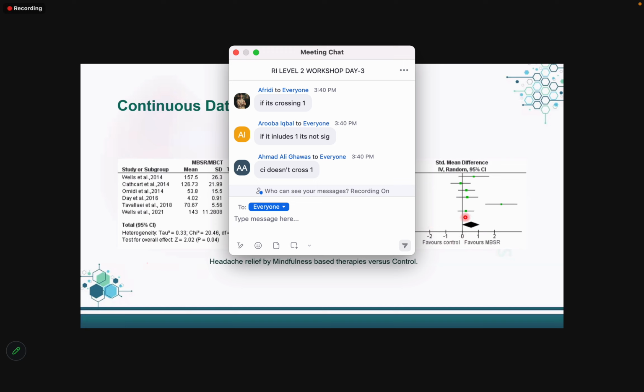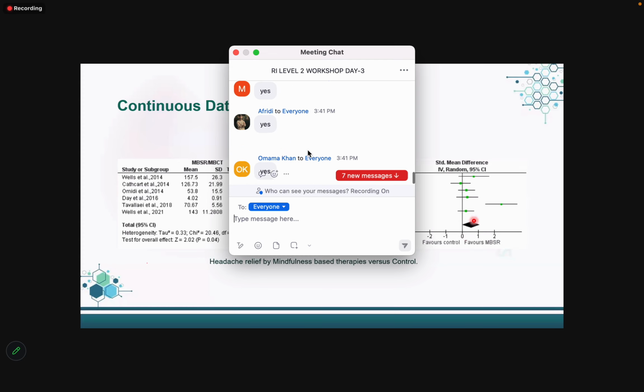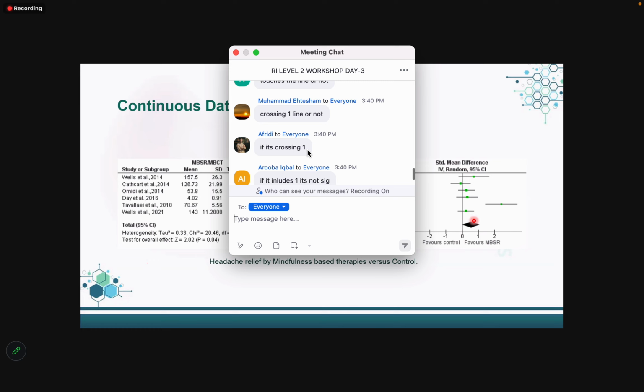If your confidence interval is crossing 0, it means that one value is negative, right? And the other value is positive. So yes, rest of the students also please reply. Does this make sense to you guys? Aitisham, Irfan, Aruba, okay. Rest of the participants also. I want everyone's reply over here, guys. We have 66 participants. I want everyone to reply.